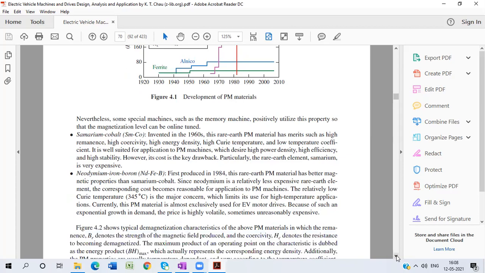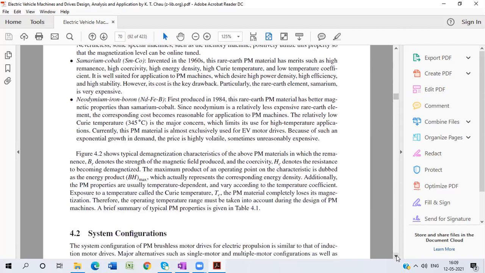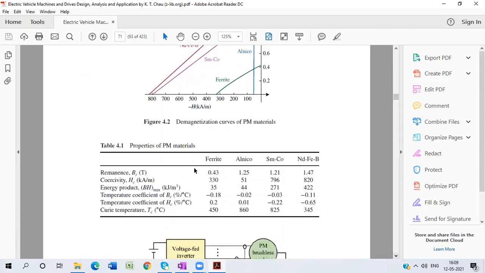What you have to do is see the different comparative points of these four magnetic materials: which magnetic material is suitable for high temperature, what is the name of each material, what type of BH curve it has, and what level of energy is stored in the different types of permanent magnets. Here one comparison table is given to you, which shows the properties of the permanent magnet materials.